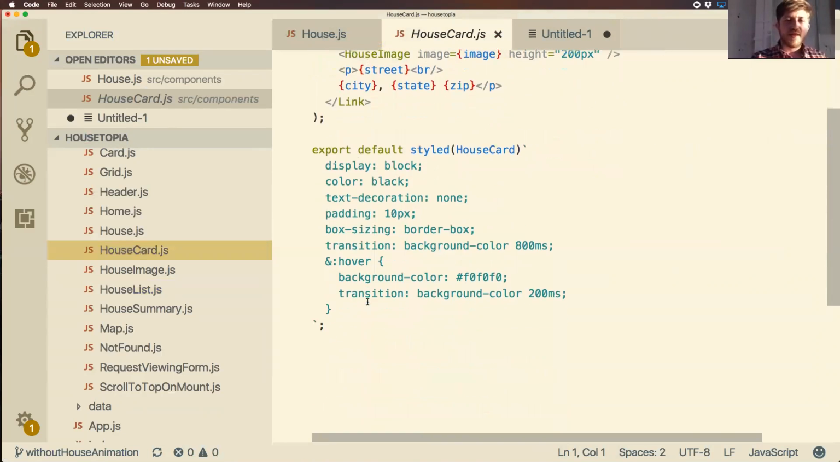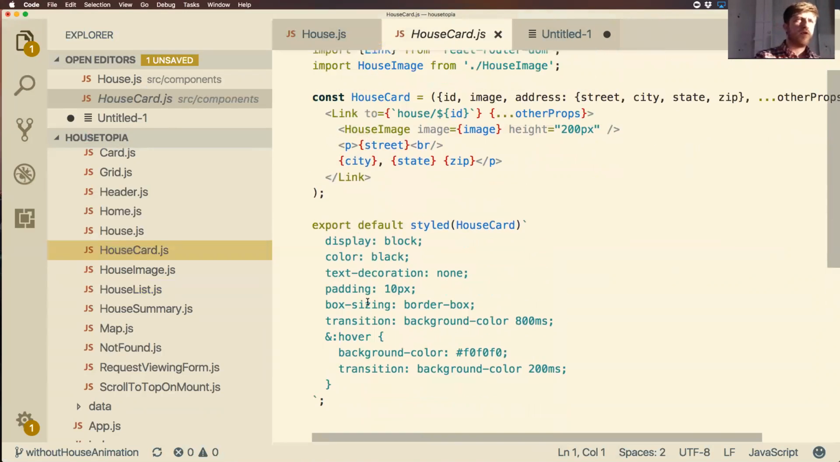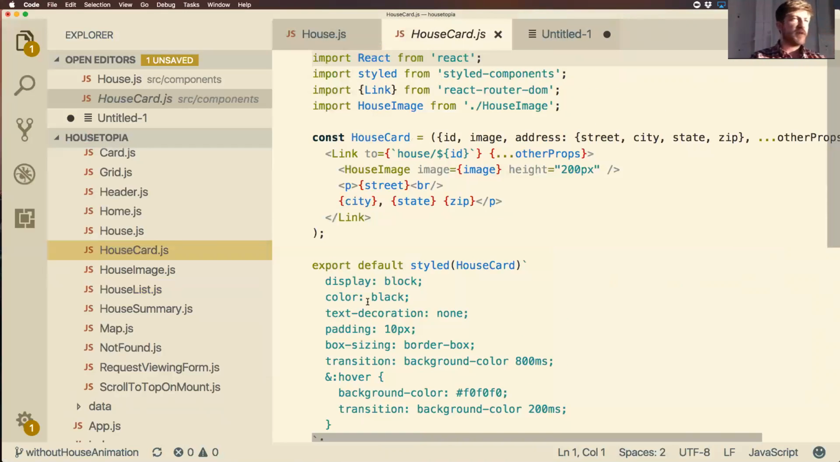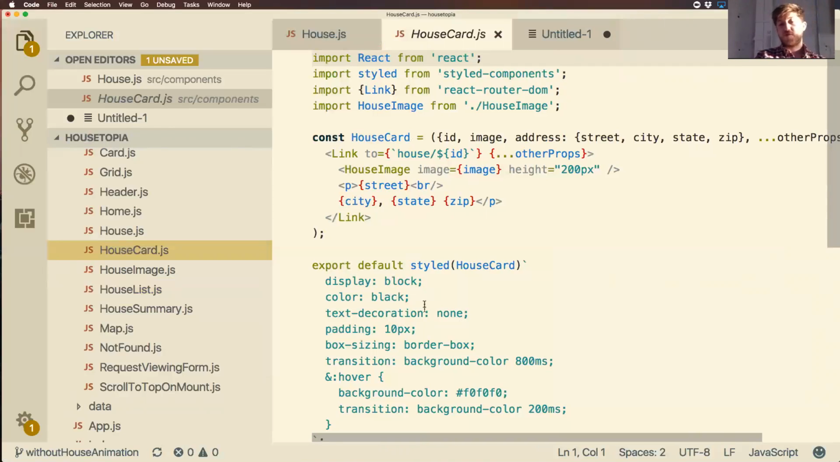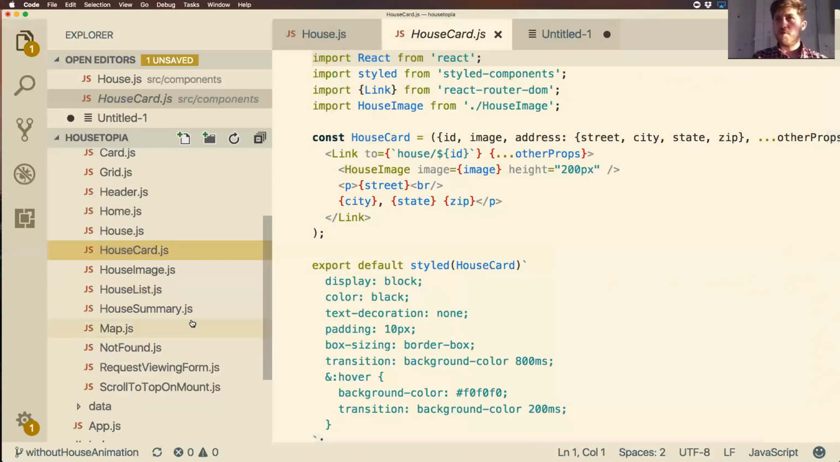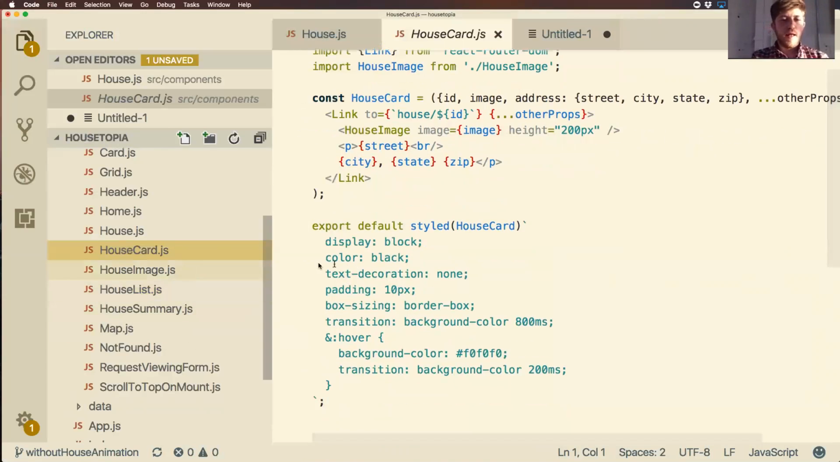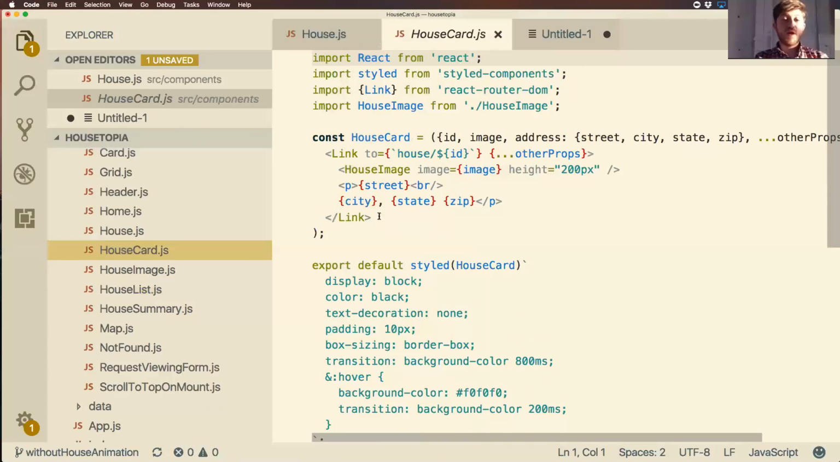There's some styling information. So this is using styled components. I don't want to dig deep into that, but basically it allows us to apply our CSS right here within the JavaScript. So there's no other CSS files apart from a top level index.css. And like I was talking about, the link, if you've used React Router, you're really comfortable. When you click anywhere inside of this element, you're going to be redirected to the specific house. So let's go back to the